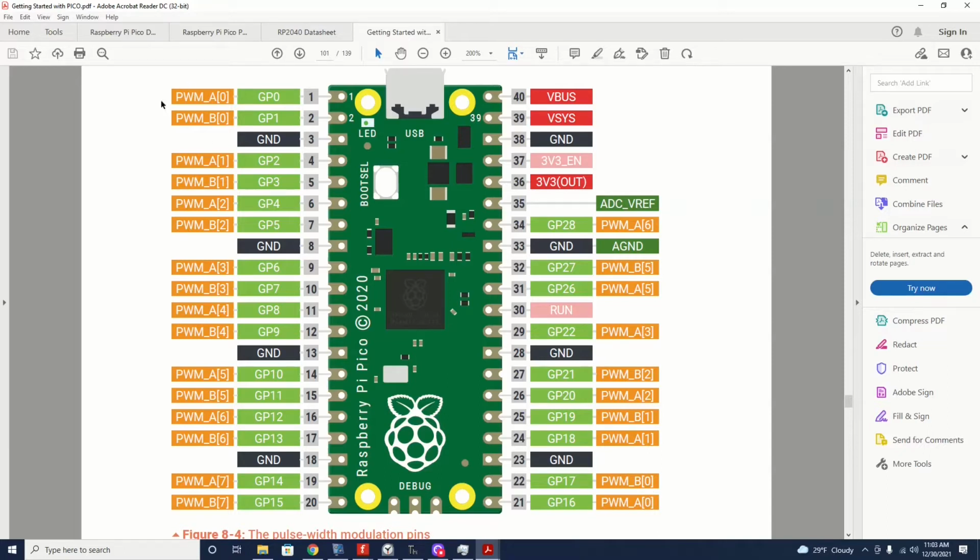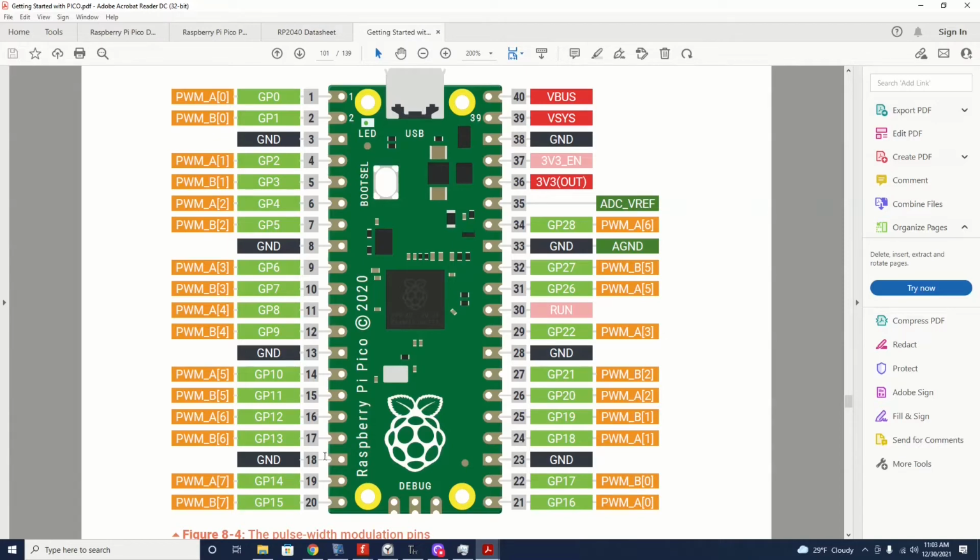We can use other combinations, but we can't use those at the same time because they share the same resources. If we did use them at the same time, they would have to run at the same frequency and duty cycle. So just be sure if you're using multiple PWM outputs to select from different groupings and not matched pairs